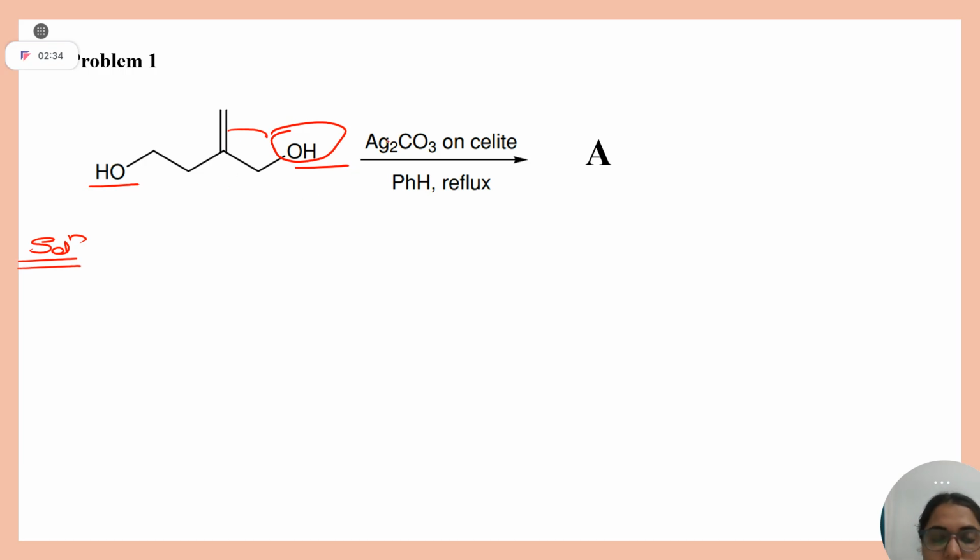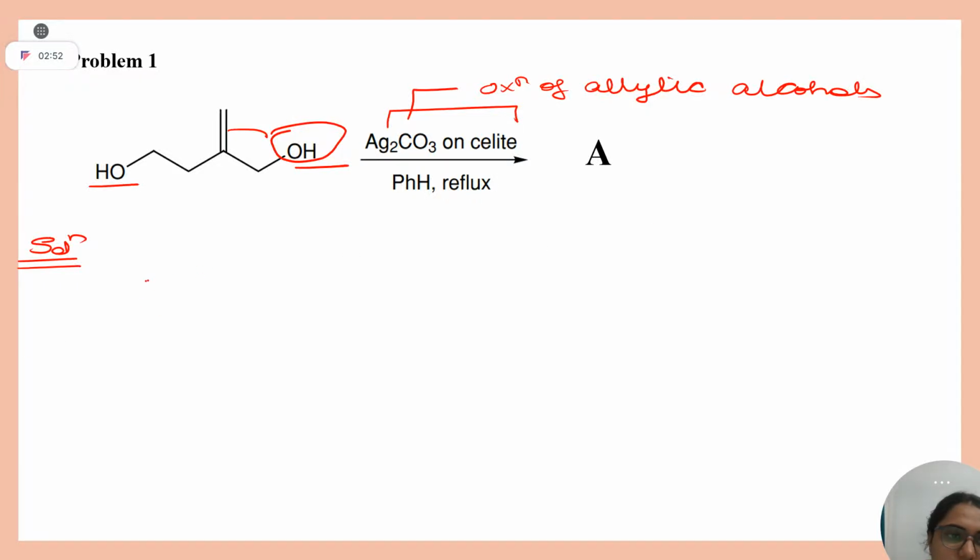You all know from previous week's lecture that this reagent is mainly used for oxidation of allylic alcohols, right? So first, among these two, it will form